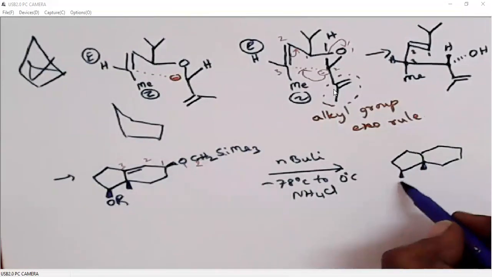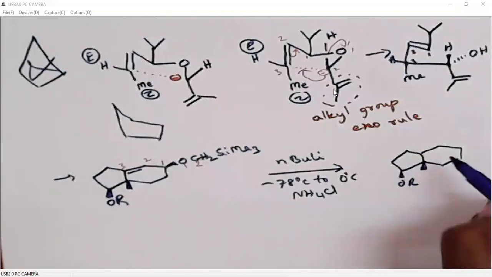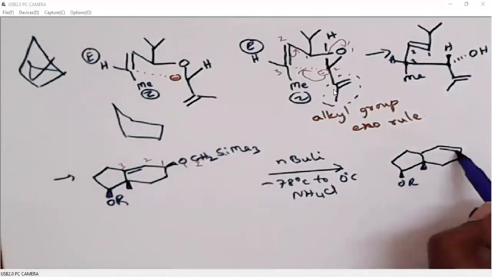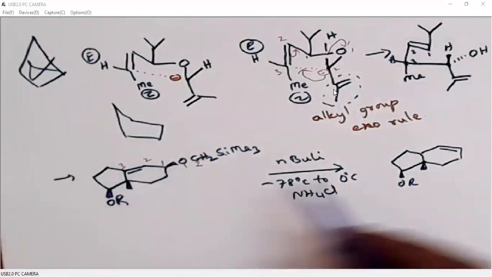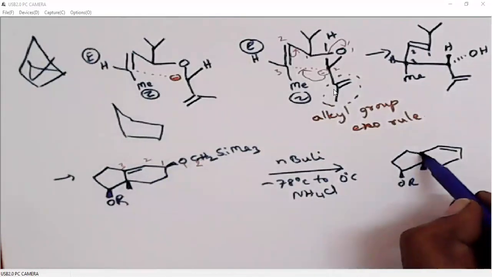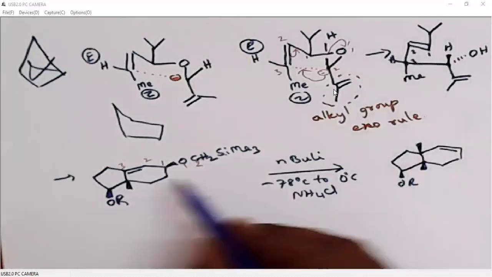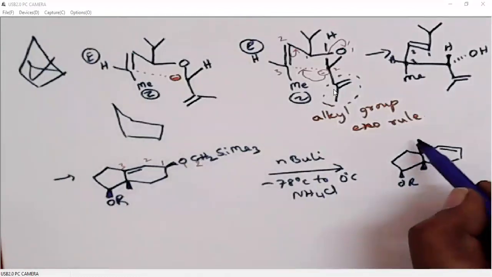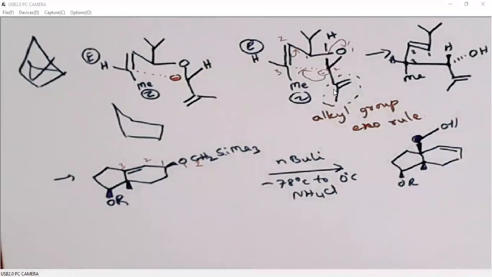Of course, these carbons are not involved in the reaction, so they will not change. Then there is a pi bond between 1, 2 systems, and this CH2 will be coming here at third, and because oxygen is above the plane, this entire moiety will be above the plane, so here also it will be above the plane. It is CH2, then we have OH. And similarly, in the next example, you practice this stereochemistry.